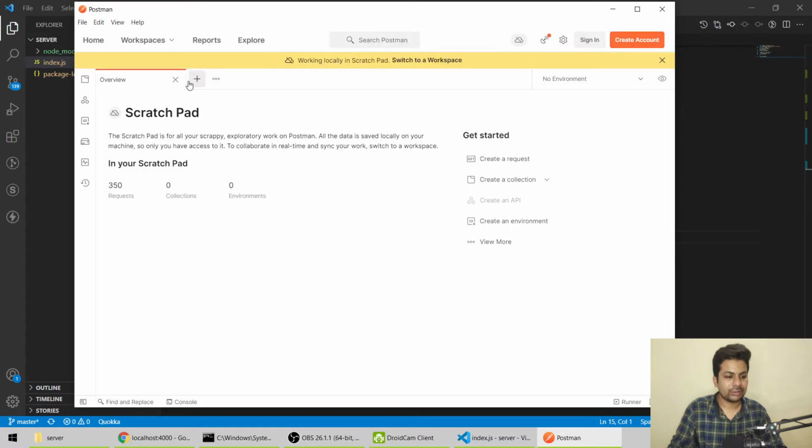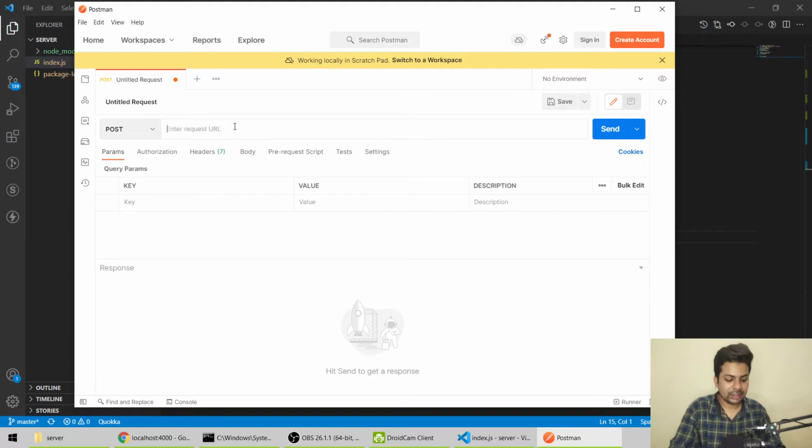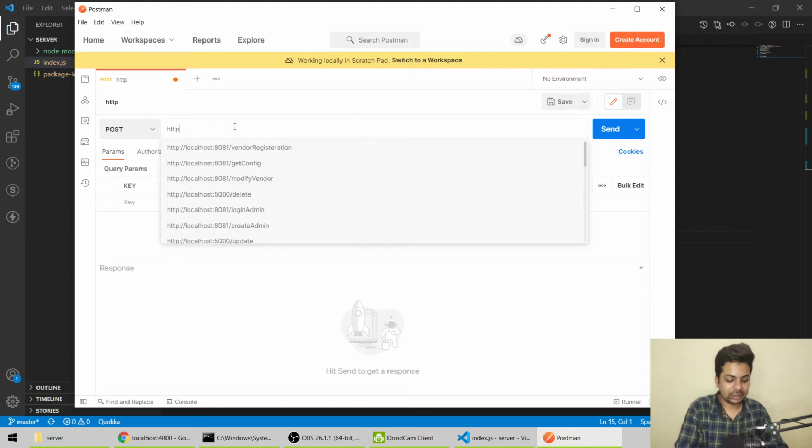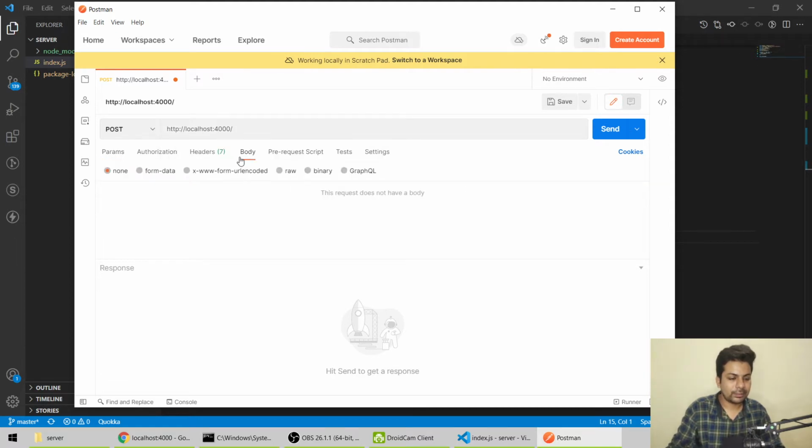We'll click new, then choose a post request, and here we'll enter http://localhost:4000. Now let me go to body and choose form data. You have to send the data as form data, not raw JSON, because obviously we are sending files.